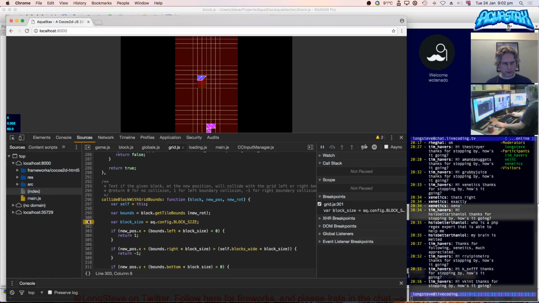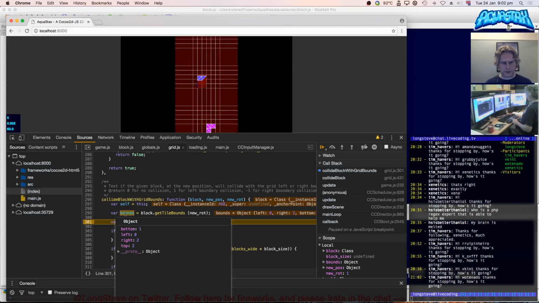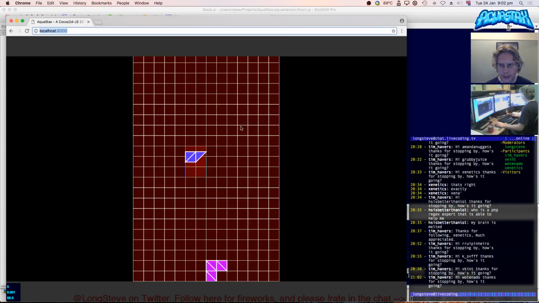There we go. Rotate it, it's going to be left 0, right 2, bottom 1, top 2. Yes, because it's at the top edge of the cell that's defining it. And that might explain why that additional block is tested below,